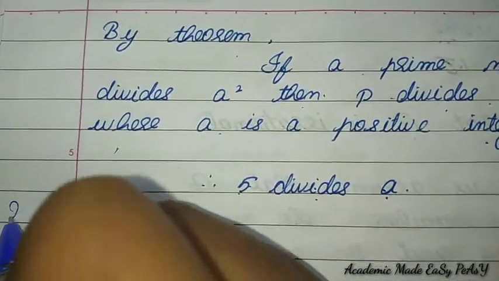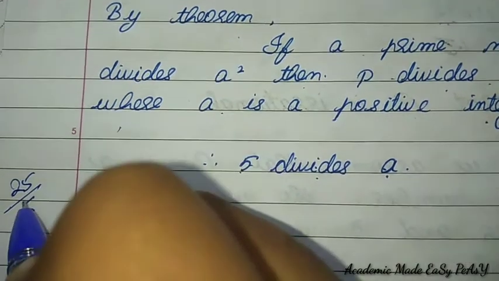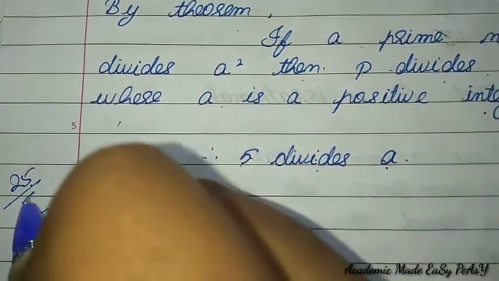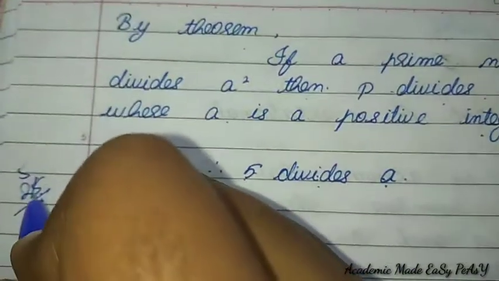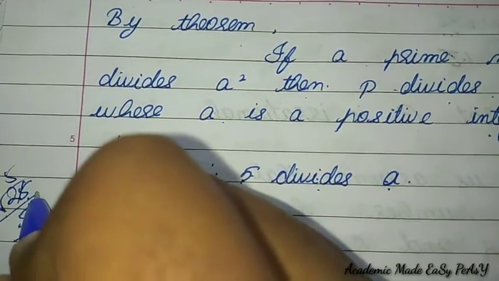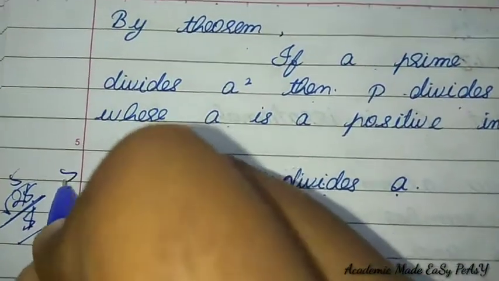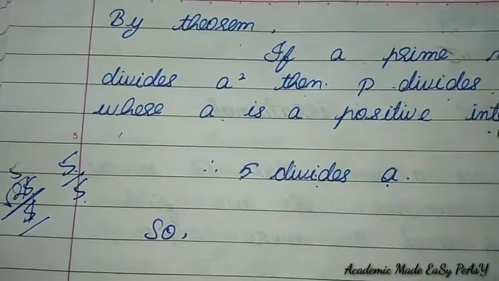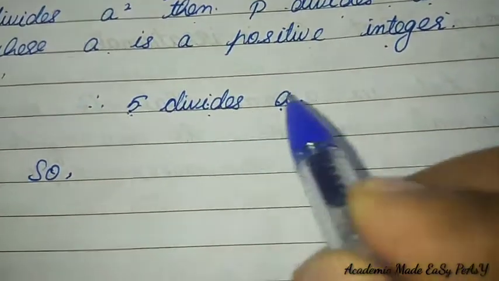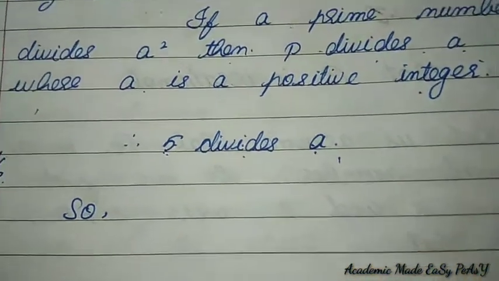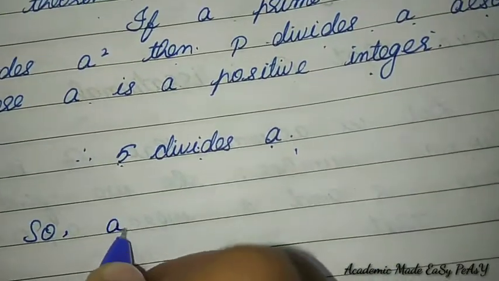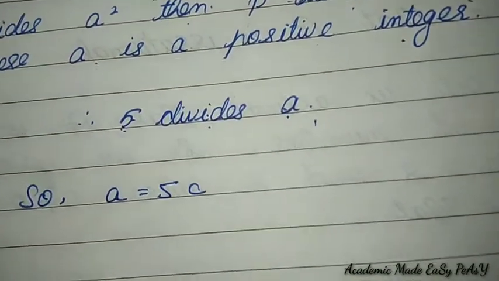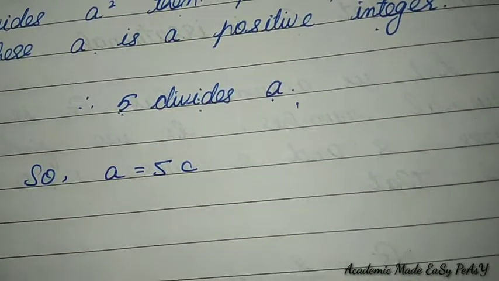For example, when a square is equal to 25 and my denominator is 5, I will get 5 only. When we take the square root, if this is a square, what will a be? a will be 5, and 5 by 5 I can get, where 5 is divisible by 5. Therefore, I am saying 5 divides a also. So now I am saying that a is equal to 5c. This is my second assumption, that a is equal to 5c.